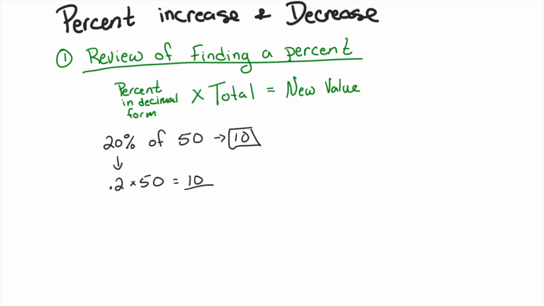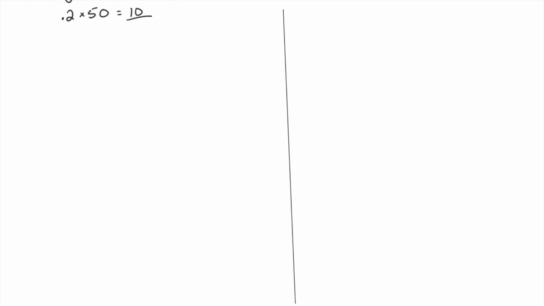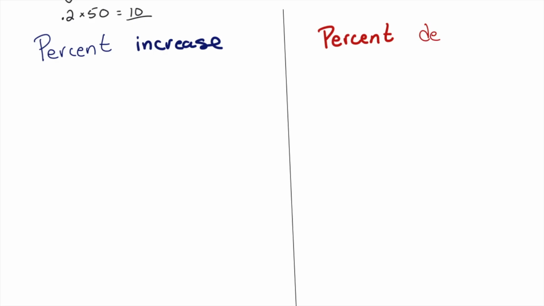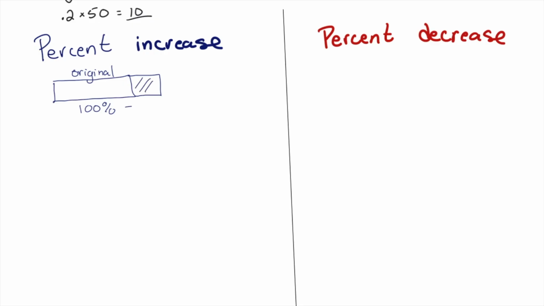That'll be my answer. Okay, so now we're going to get into the actual content, which is percent increase and percent decrease. So starting off, we're going to look over here at percent increase. And percent increase is just saying, hey, I've got this original amount, which is 100%, and I want to increase it by a certain percentage of the original. So, and then I'm looking at my answer is going to be the total of the original plus that extra